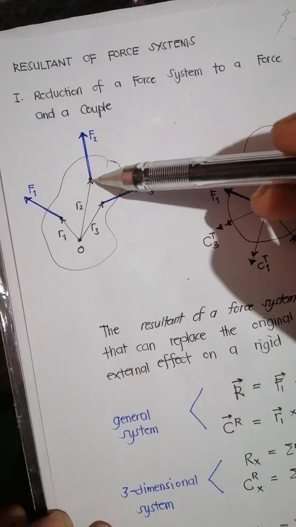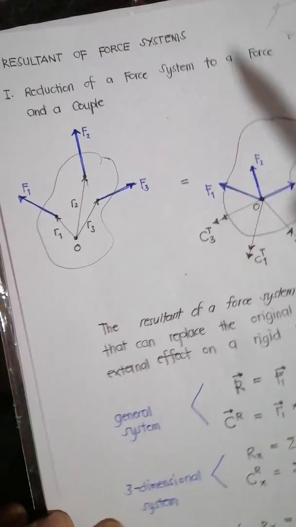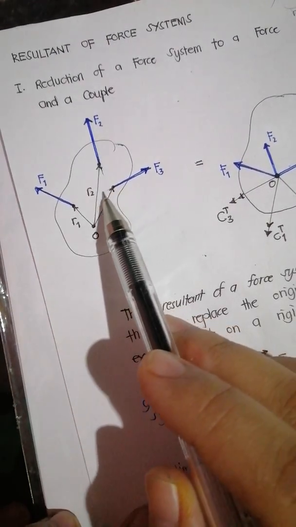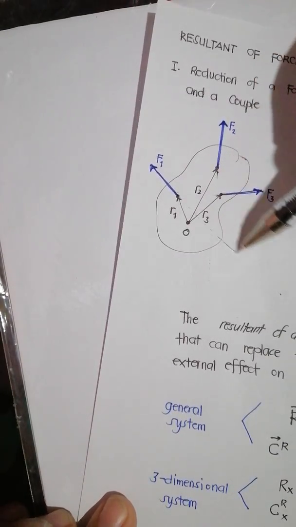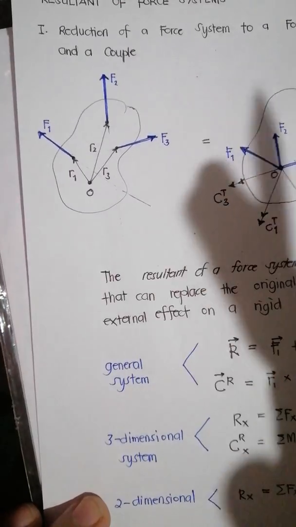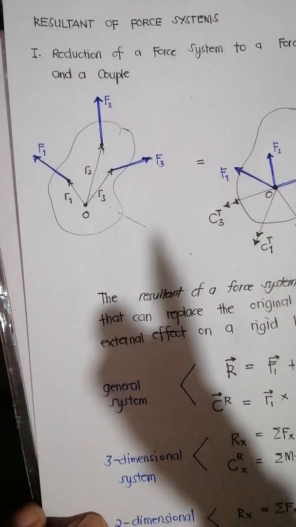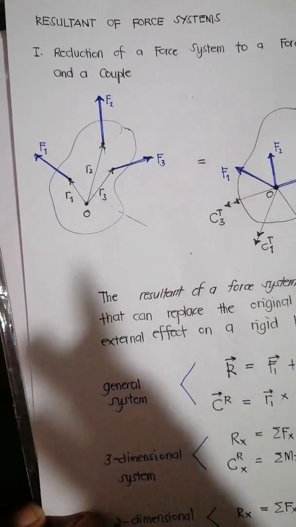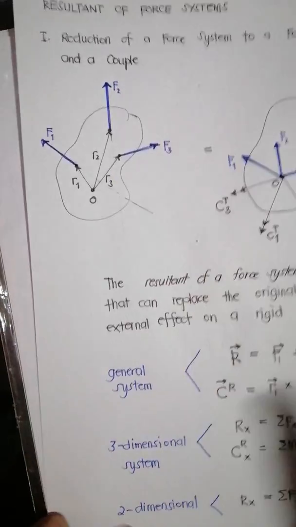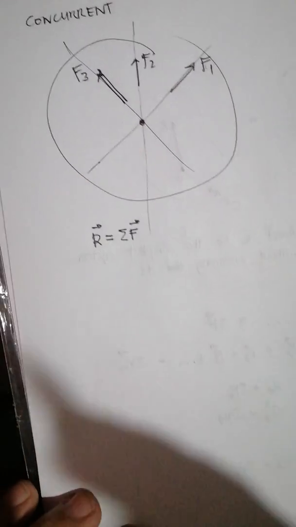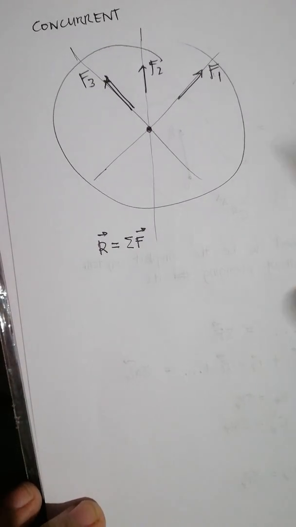Even if I extended the lines of action of these three forces, they intersect on more than one intersection point, and in that case, it's non-concurrent. So we could not just simply add all of the force vectors and say that that's the resultant or the equivalent system. Rather,